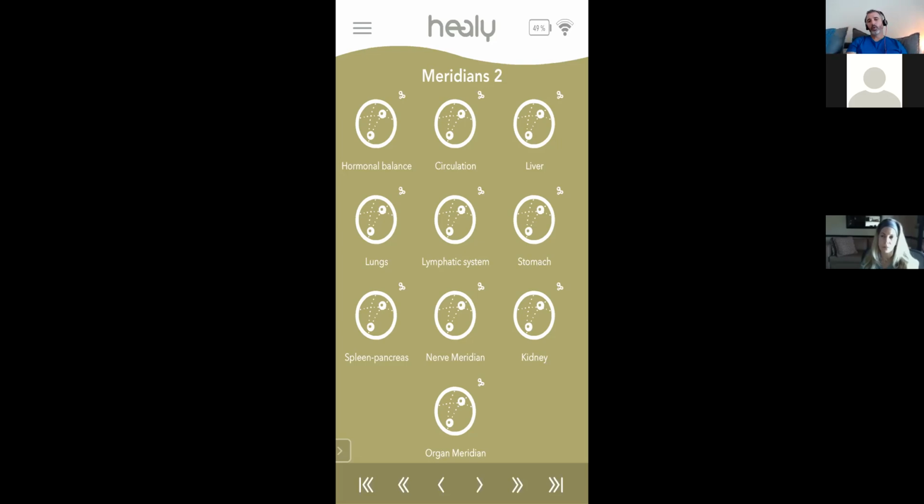One woman related that she had a pain in her right hand, and she ran a resonance scan, and the scan came up with meridian 2, lungs. And she's like, okay, well, but my hand hurts. So she ignored the recommendation and just ran some pain programs and it didn't really help. So she returned to the original recommendation. She's like, I wonder, I'll run the lung meridian program, see what happens. All of a sudden the pain in her hand went away and she didn't even know what a lung meridian was. So she Googled it and found that the lung meridian line goes up your lungs, but it also travels down your arm and ends right where the pain in her hand was.